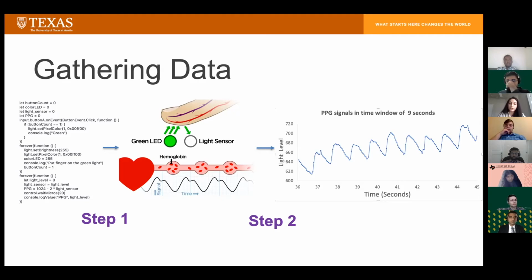Afterward, when we put our fingers on the sensor, it can provide us this PPG signal graph, which is shown here. So here is the light level over time, and we can see that as the blood flow increases, it shows the systolic peak, and here it shows the second peak, the diastolic peak. And as I mentioned, PPG can provide us information about any irregular heartbeats or cardiac diseases or even the age.